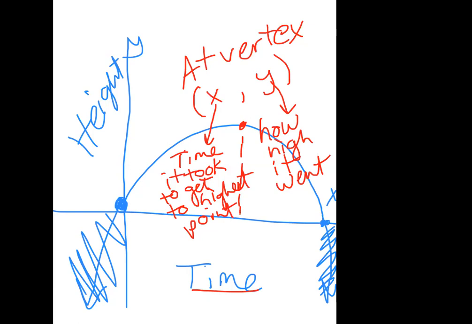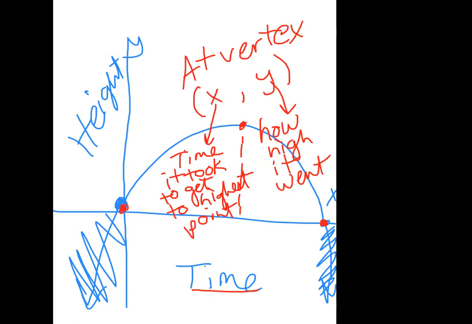Okay, of course, that's not all we ask you though. We also want to know things like, when did the ball hit the ground over here? Take a look at the graph. What is that value? Isn't that value an x-intercept? If it started at the ground, you already know one of the x-intercepts is going to be 0. But if you could find the other x-intercept, that is going to tell you how long it took for the ball to go all the way up and come all the way back down. And it makes sense because when the ball hits the ground, won't the height be 0? So you're going to plug in 0 for y and then solve for x.